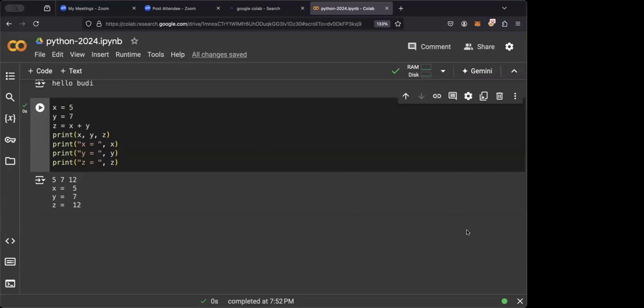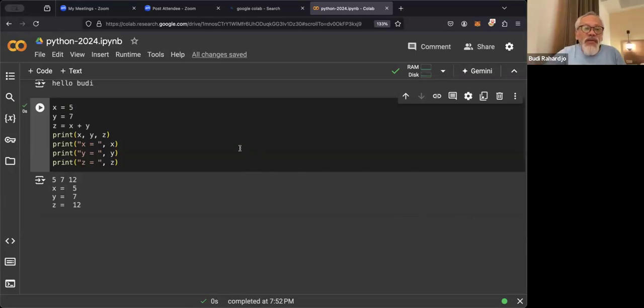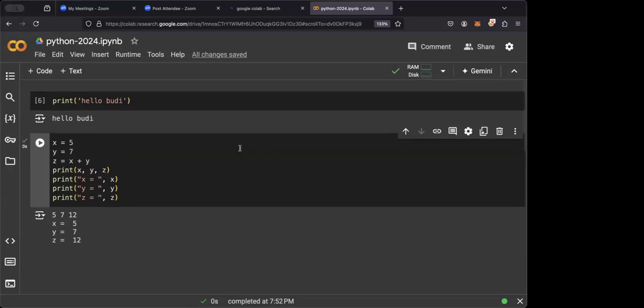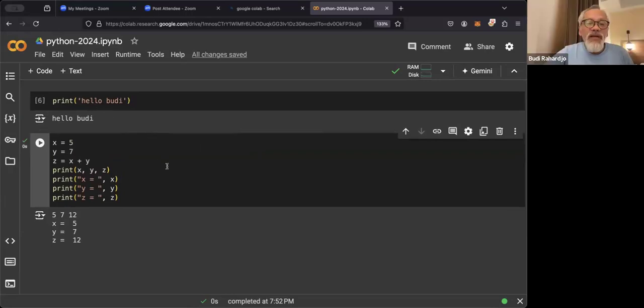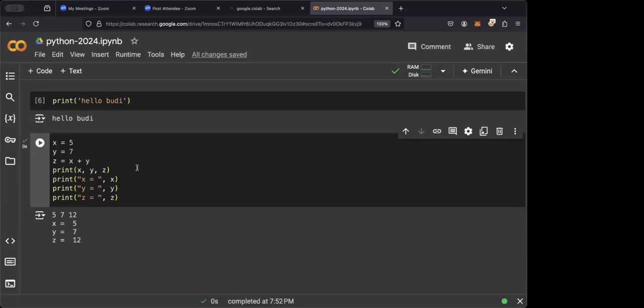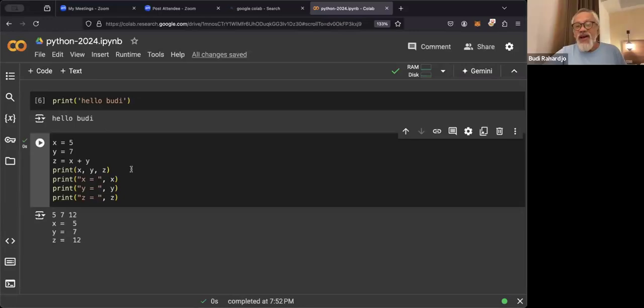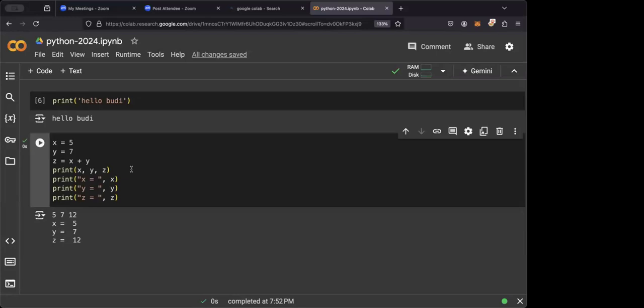Sir, I have a question again. For the question mark, what is the function? You used it, but on the first one you didn't. Oh, single quote and double quote, you mean? Both, sir. Because the print of X, Y, Z didn't use any quote, single or double. Not question mark, tanda kutip, sir, sorry. Quotation mark, yes.